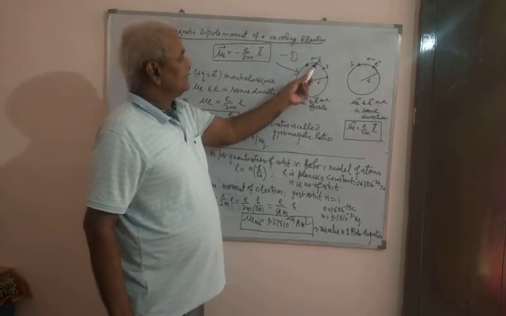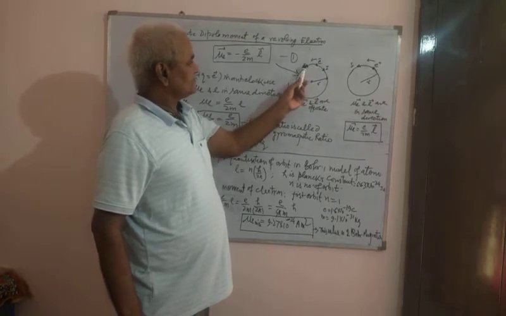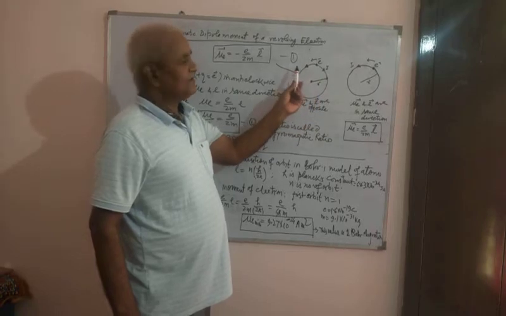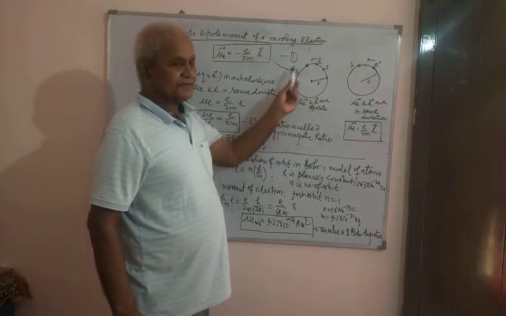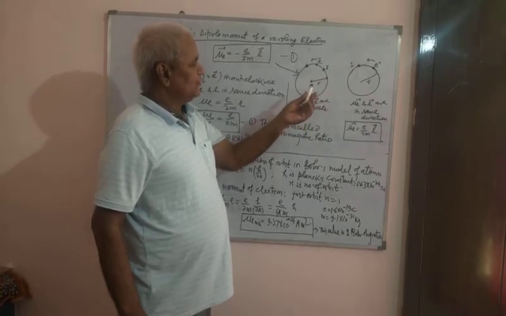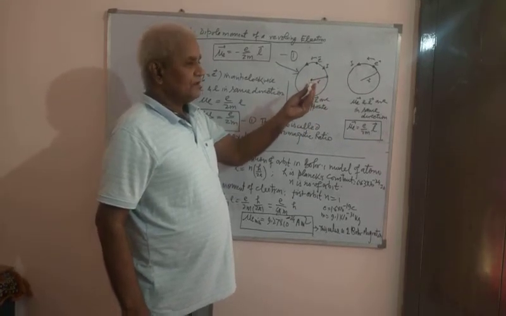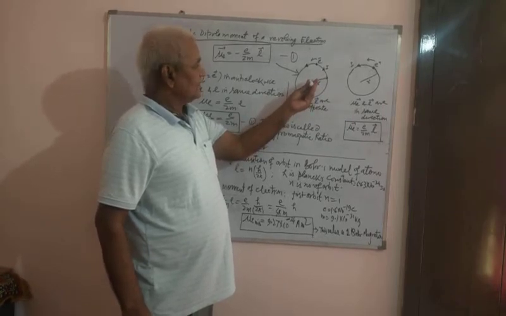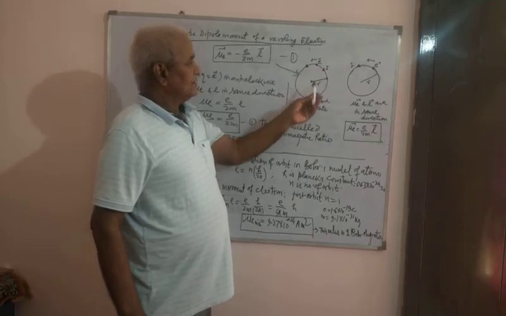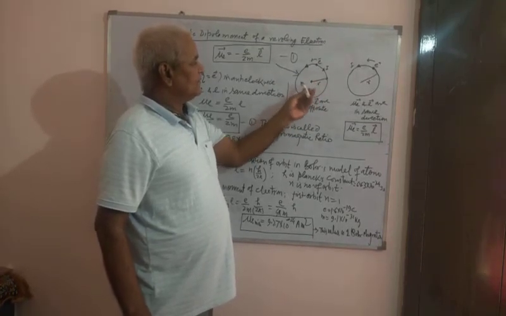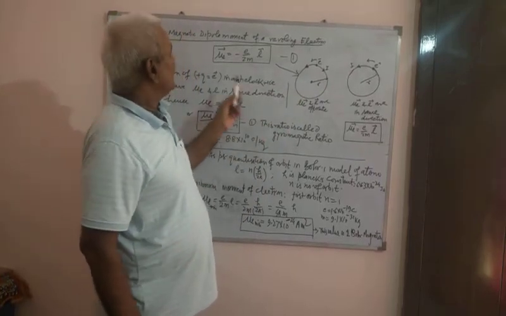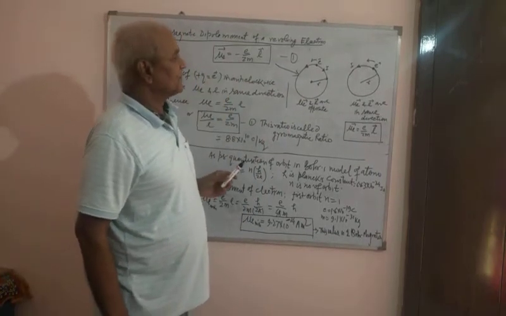This is the case when the electron is revolving, moving in the anti-clockwise direction. Current is in the clockwise direction. So if current is in clockwise direction, the mu will be going into the page, and the orbital angular momentum of the electron will be anti-clockwise. For anti-clockwise rotation, it will be coming out of the plane. The two are opposite in direction. That's why we have got a minus sign here.